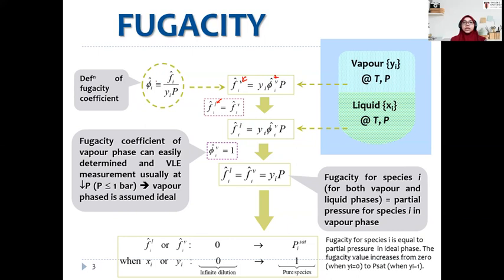So when we replace this expression, which is based on the vapor phase, we can obtain that the fugacity of the species in the liquid is equal to the fugacity of the species in the vapor. And in either solution, when the pressure is lower than 1 bar, the fugacity coefficient is equal to 1. So this expression can be obtained at ideal condition of lower pressure. In summary, the fugacity of the species in the liquid or in the vapor is equal to the